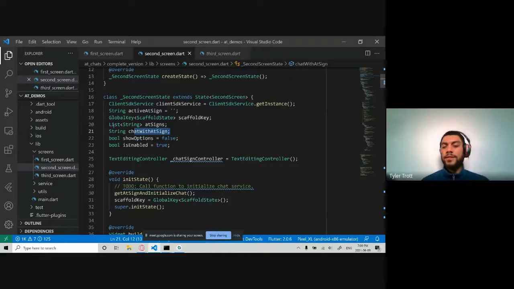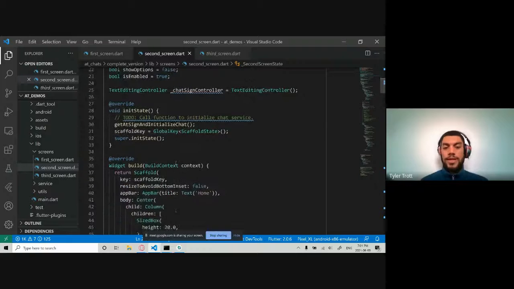We don't need a lot of these now, because before we had a list of testable @signs that you're able to kind of mess around with and see some pretty basic functionalities of the app platform. But we're starting to move into using actual production level @signs, like what was it, Combined Leopard, I think it was Combined Leopard, and Rubber Kart Racing. So let's scroll down a little bit.